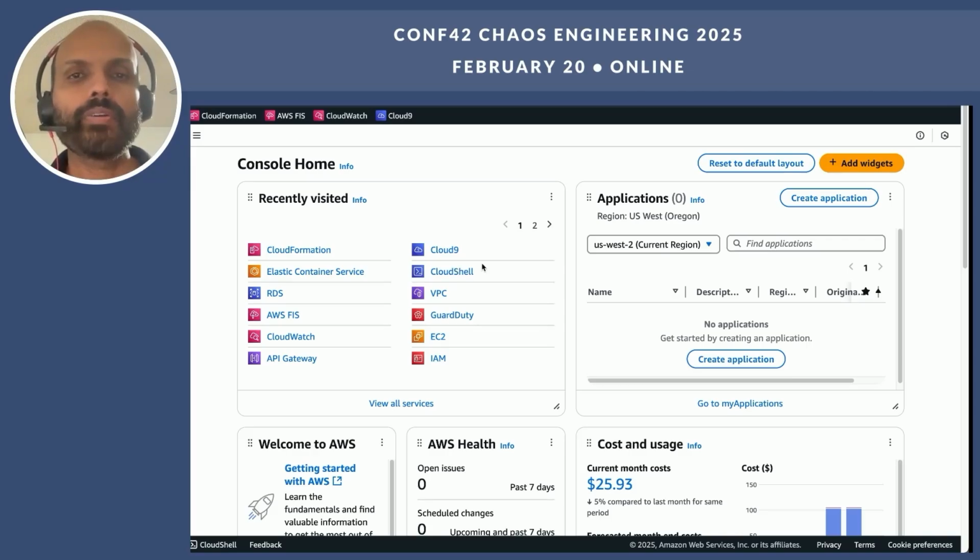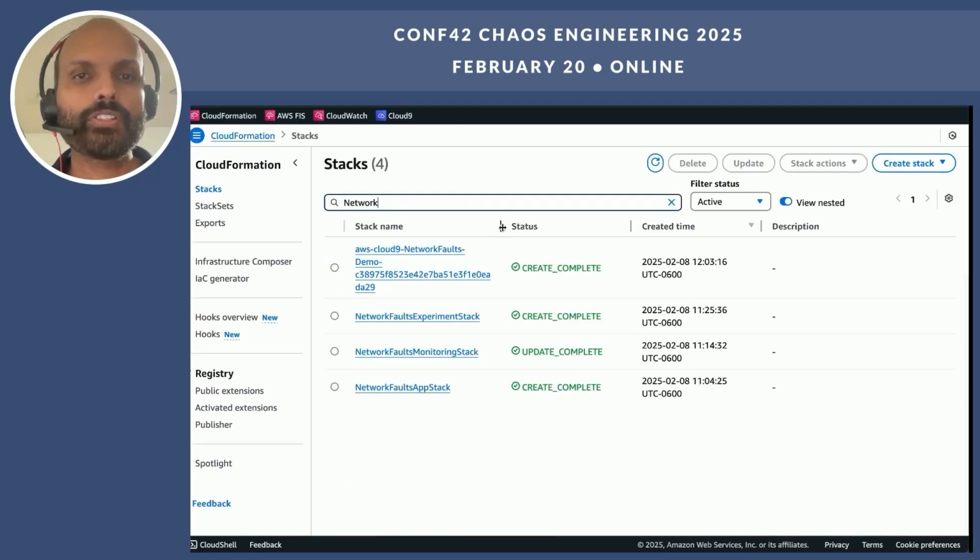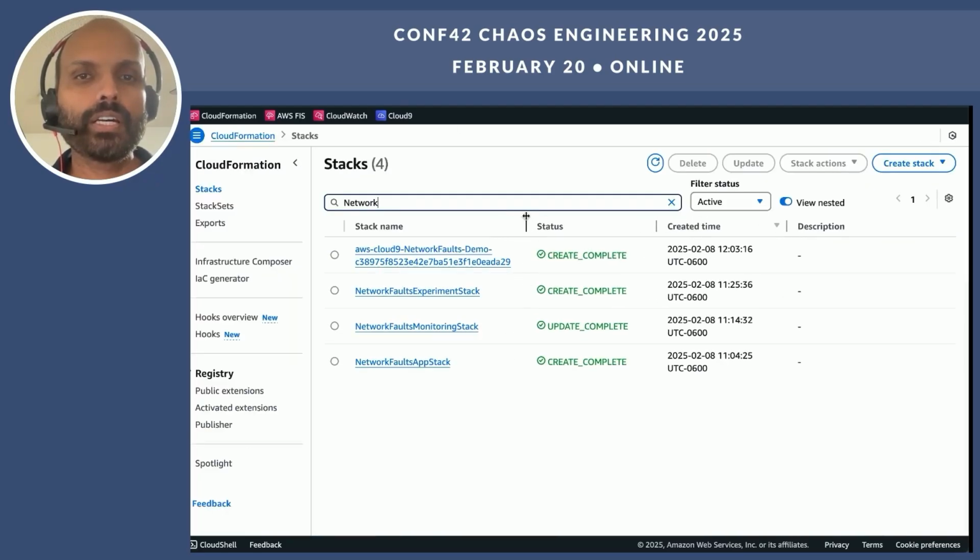Okay, and now you have the AWS console where we have our sample application up and running. Let's take a look at the CloudFormation stacks for our application and its components. We have an app stack that contains all the infrastructure components needed for our application, including the ECS Fargate cluster, the RDS database, etc. And then we have a monitoring stack.